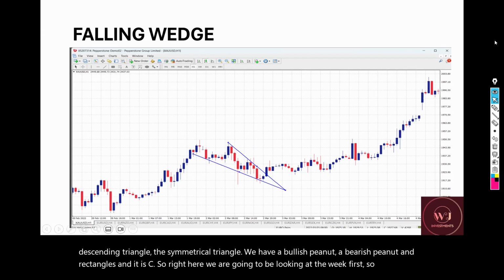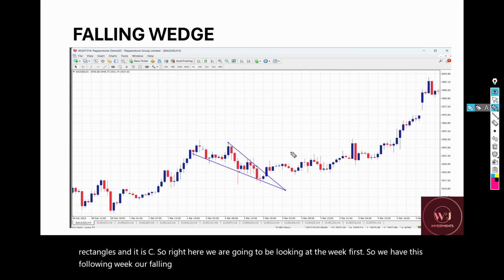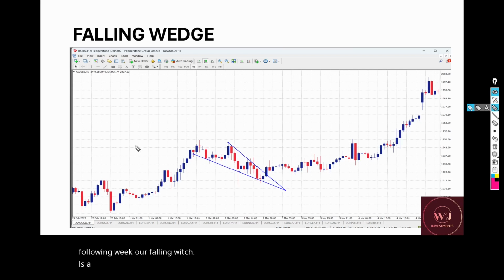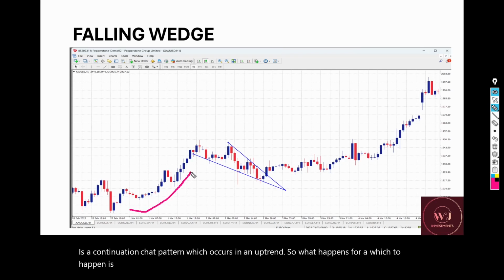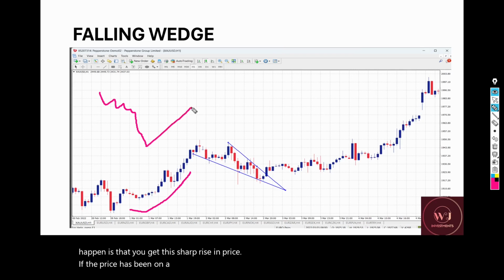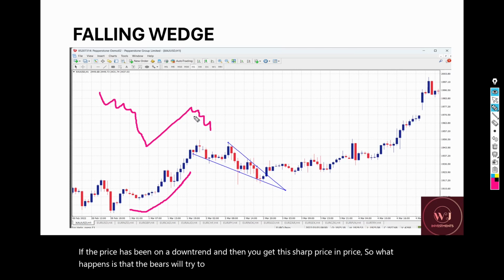So we have this falling wedge. A falling wedge is a continuation chart pattern which occurs in an uptrend. So what happens for a wedge to happen is that you get this sharp rise in price. If the price has been on a downtrend and then you get this sharp rise in price, so what happens is that the bears will try to convert the price to go back into their direction, but when it fails, it falls